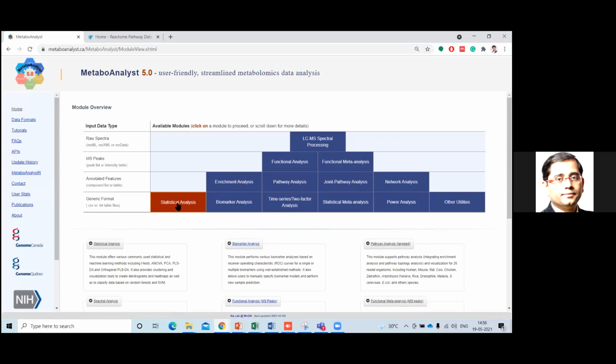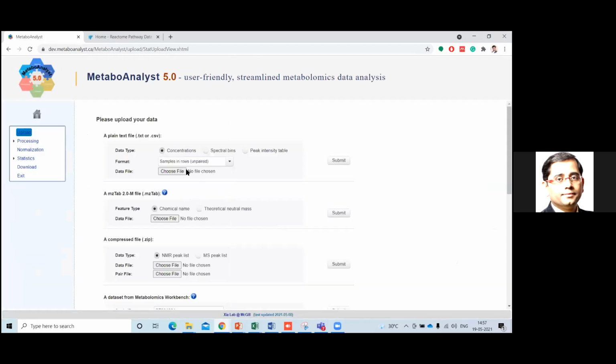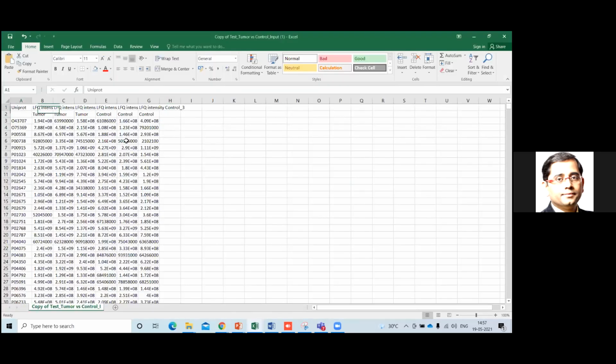Today we will only talk about statistical analysis. So statistical analysis is something which will help you to understand whether the interpretation you are having from your data, or the analysis you have done, is confident or not. Whether you are confident about this particular analysis or not, this statistical analysis will help you to understand, right? For that, the first thing is that you should have that file. Vishwa has already shared the file with you. So we will try to see and understand this data with respect to disease versus control. That's it, nothing else, right?